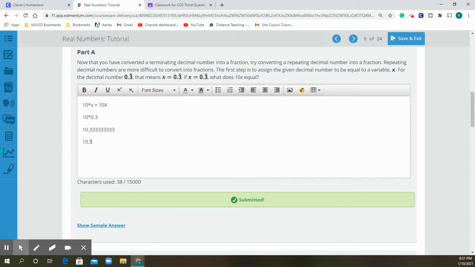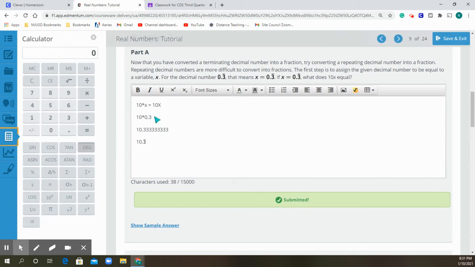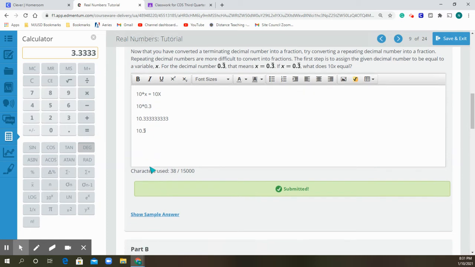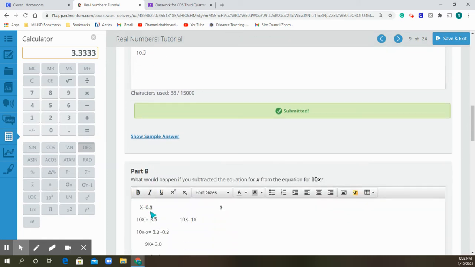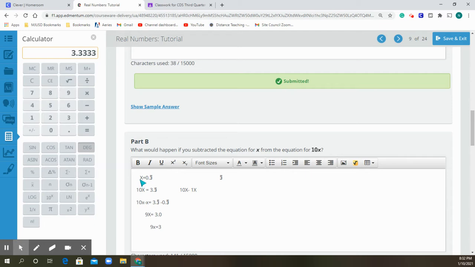So 10 times 0.33333 equals 3.33, or 3.3 bar. So if x equals 0.3 bar and 10x equals 3.3 bar,